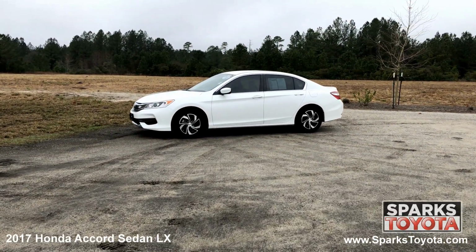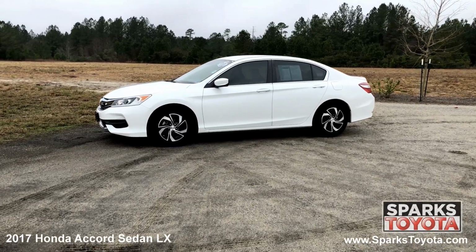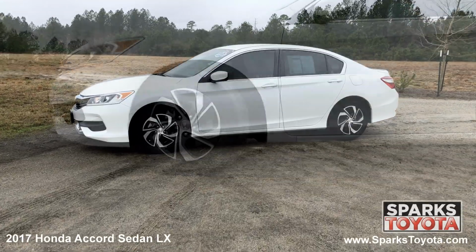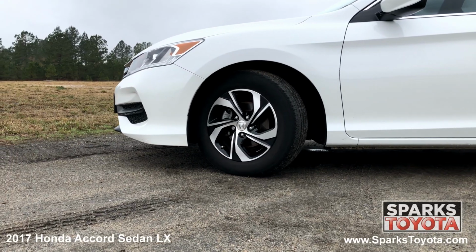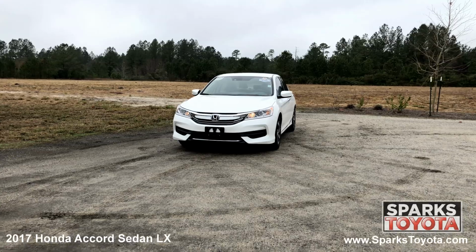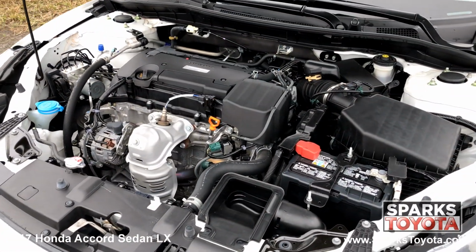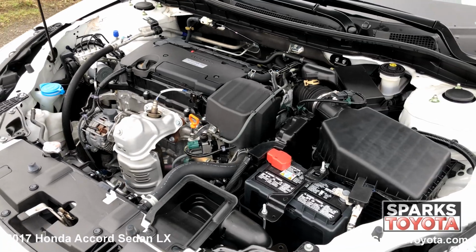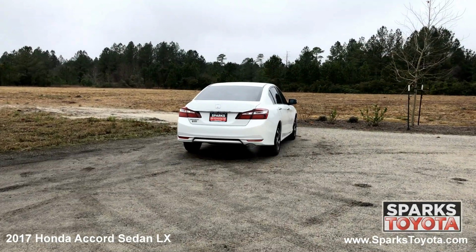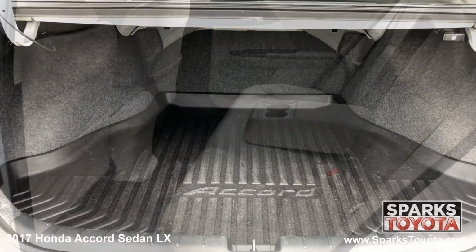Here we have a 2017 Honda Accord Sedan LX. It has a clean one-owner Carfax and comes with keyless entry, power side mirrors, chrome trim, lightly tinted glass, and much more. 16-inch alloy wheels, all-season tires, speed-sensitive wipers, fully automatic halogen daytime running lights with delay off, and a strong four-cylinder with only 35,905 miles. Key fob trunk release, large LED brake lights, sleek badging, a very spacious cargo area, and a comfortable